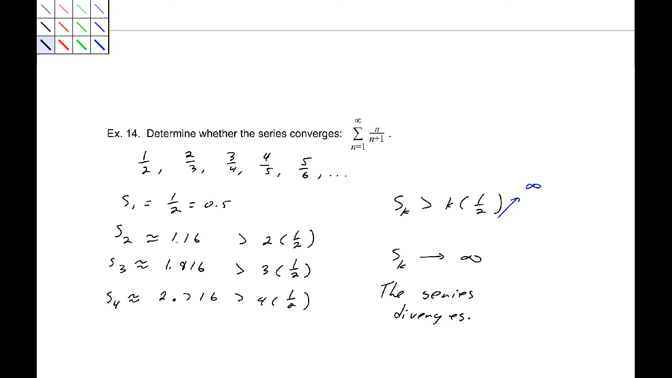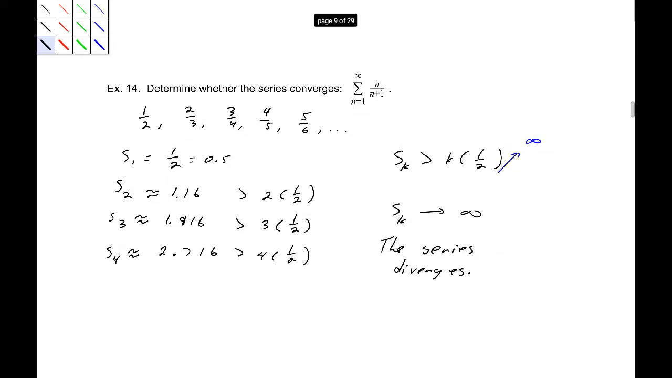All right, let's look at number 15. Determine whether this series converges. -1 to the n. So first, the sequence would be -1, 1, -1, 1, -1, 1, and it continues in that same pattern. So our first sum is -1. Our second sum is going to be 0. Third sum is going to be -1 plus 1 plus -1, so -1. S4 equals 0,